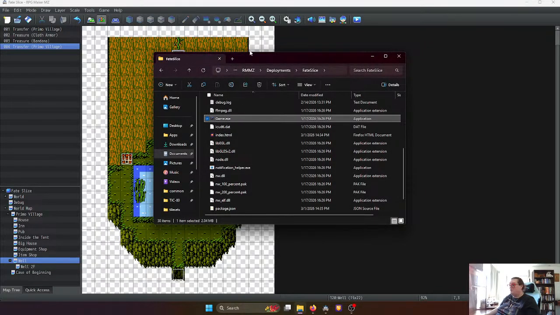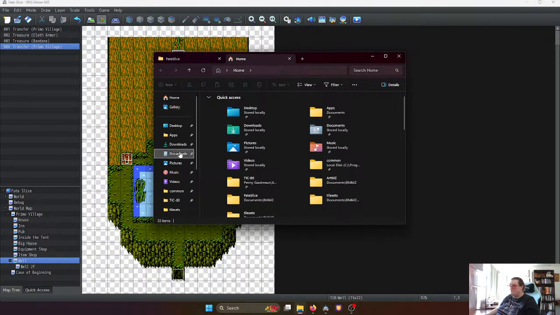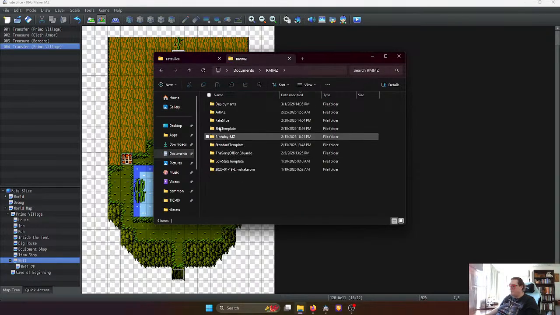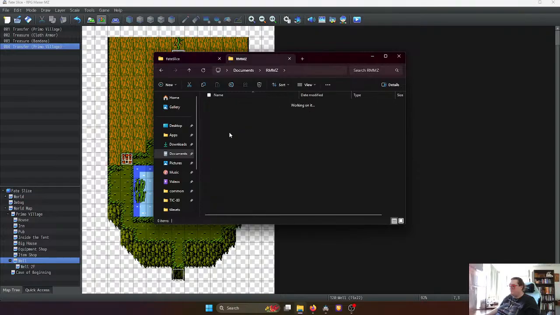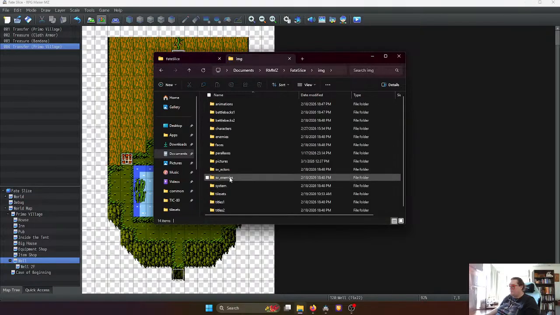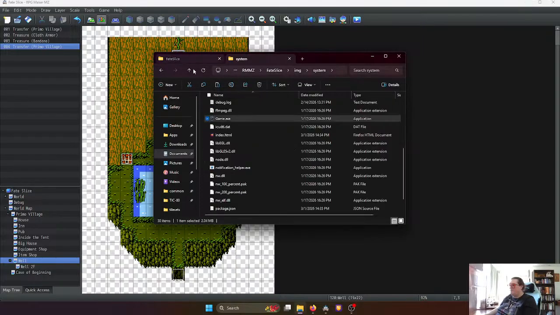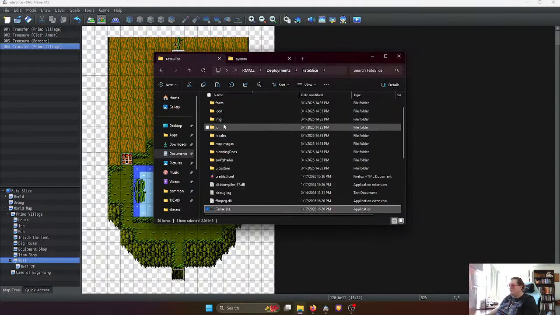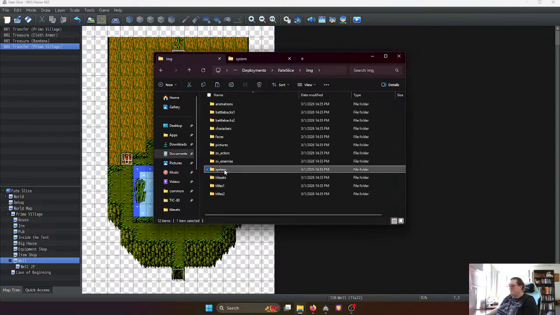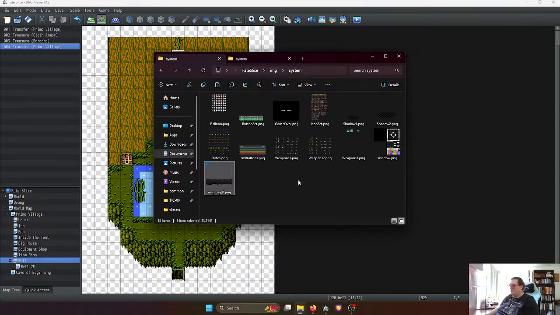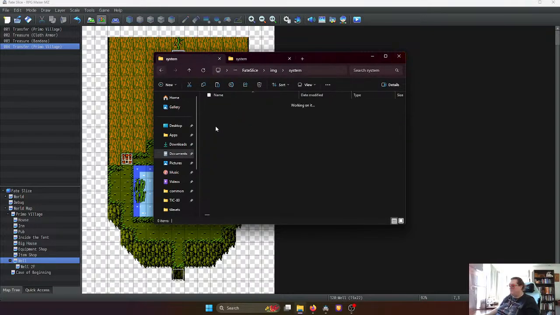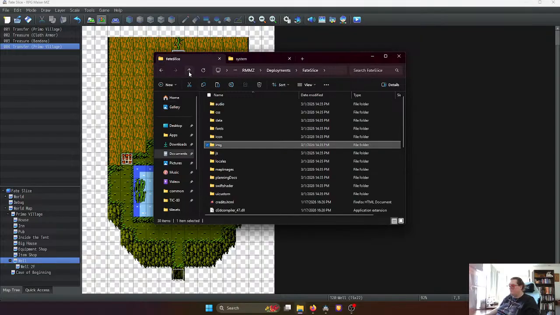To fix it, all you have to do is open up another tab, go to wherever your game is, go to where the image is. In this case, it's in System, and it's right there. And then copy it into the exact same place in the deploy game. And now, when we run it,